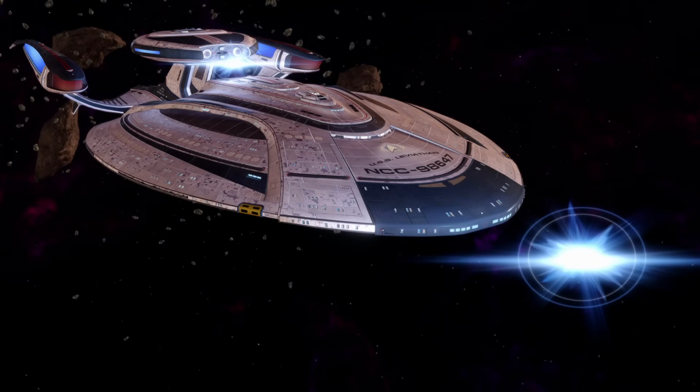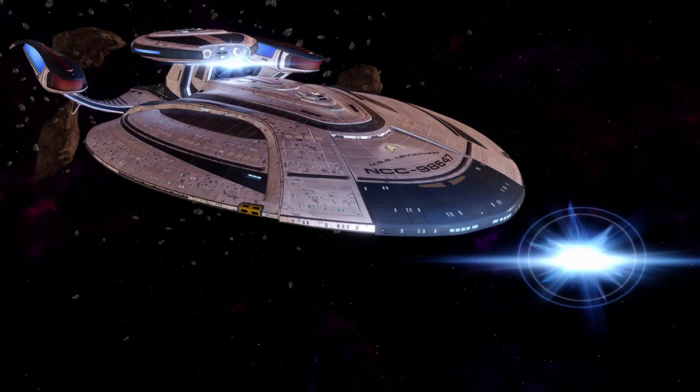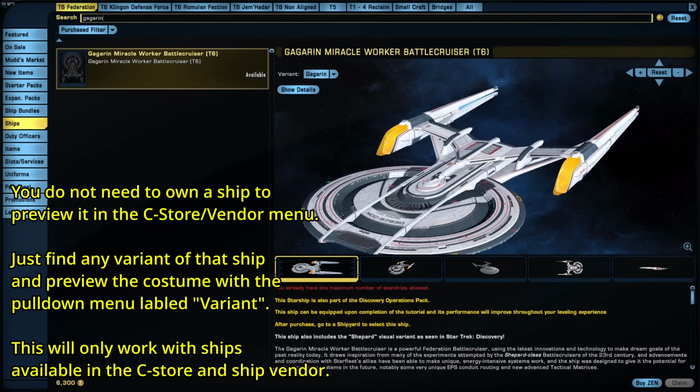Now, if you're wanting to come up with a number for a class of ship that is original to Star Trek Online, Stowe's actually made this pretty easy for you. Memory Alpha obviously doesn't keep track of Star Trek Online ships beyond the few that were made canon in Star Trek Picard. Memory Alpha does to a point, but their coverage on Stowe stuff really isn't always the best. But you can find the registry number for any class of ship in Star Trek Online just by looking it up in the preview of either the C-Store or the ship vendor, or at least any of the Stowe original